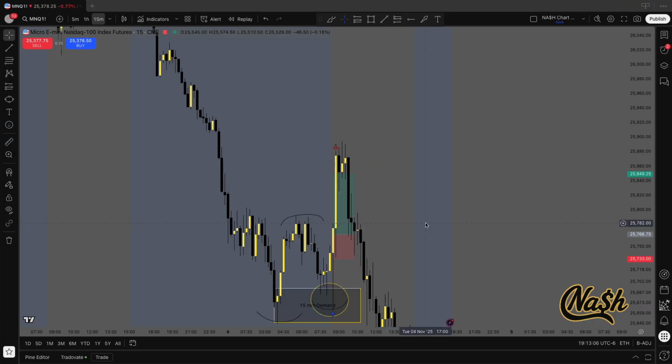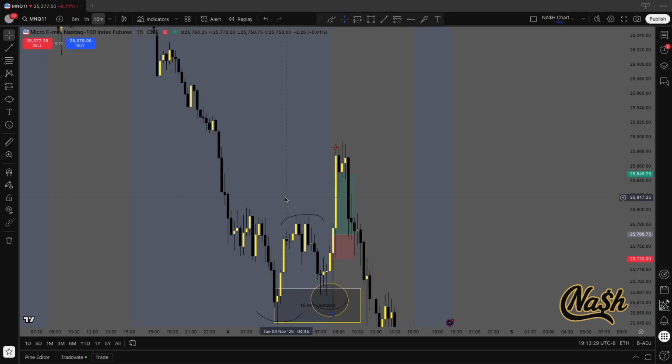You're gonna hear me say time and time again, I do not need more than 3 confluences. Let me say this one more time. I do not need more than 3 confluences. And if you do need more than 3 confluences, that means that you don't trust yourself. I do not have any indicators. As you can see, indicators will be right here. I don't have any indicators. I trade purely market structure and price action.